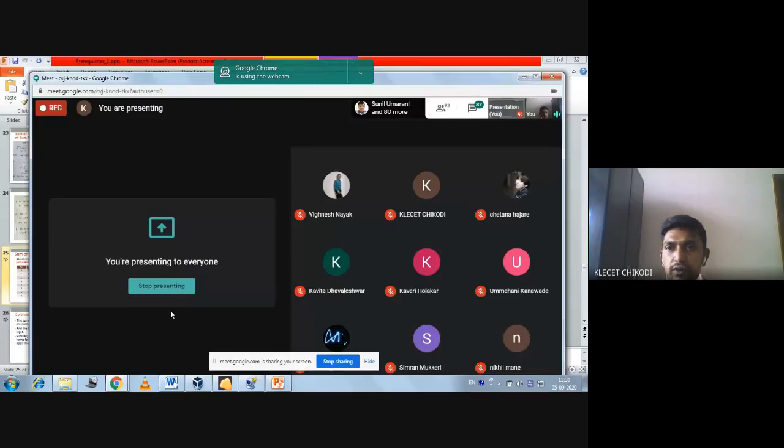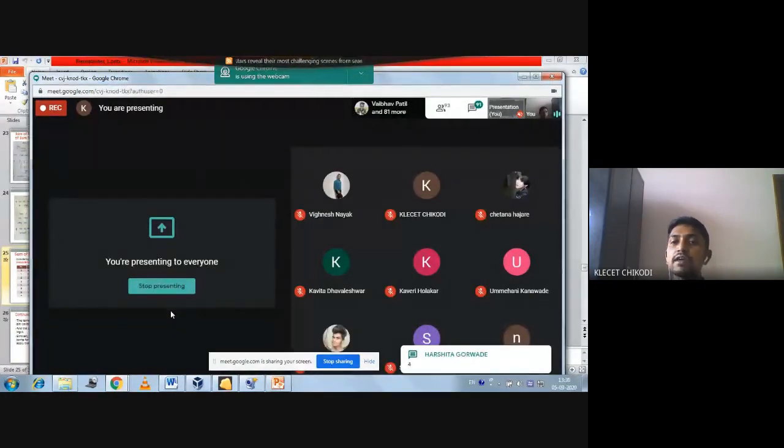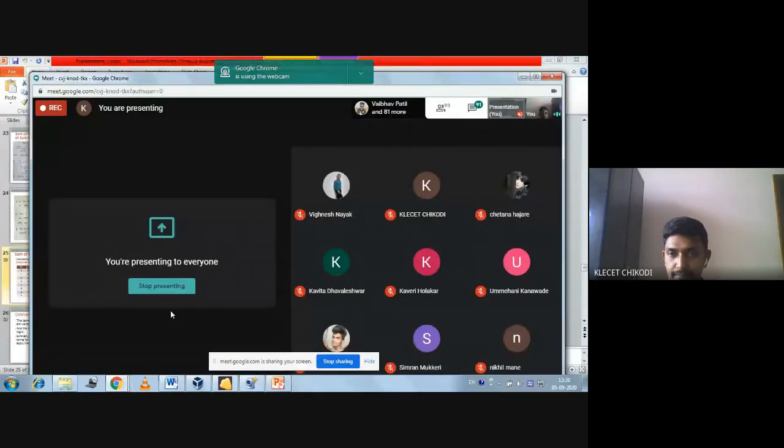Let's say I have considered only x and y. So how many fundamental product terms I will get? Anybody? Okay, fine. We will get 4 fundamental product terms. And similarly, if I have considered two input variables only, how many min terms I will get? For two input variables only, consider x and y only. How many min terms I will get?